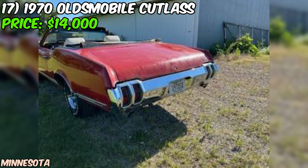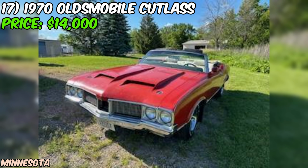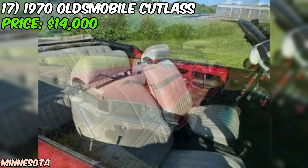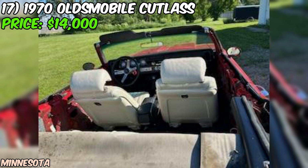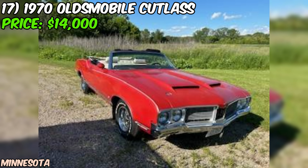The seller is including some extra goodies with a full price offer, like an OEM 1970 tilt steering column, an Olds OEM AM/FM radio, and some spare parts. And if you're handy with a wrench, you might be interested in the new aftermarket rear quarter panels that come with the car. Now, the seller is asking $14,000 for this classic convertible, which might seem like a lot for a car that needs some work, but when